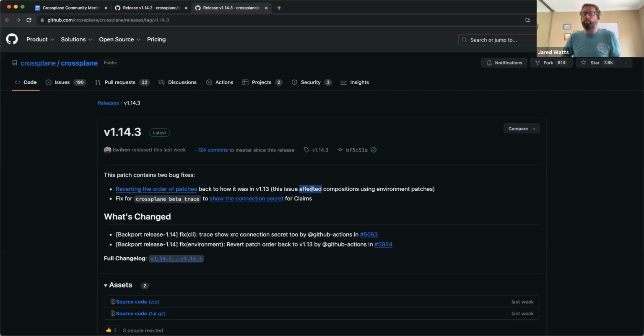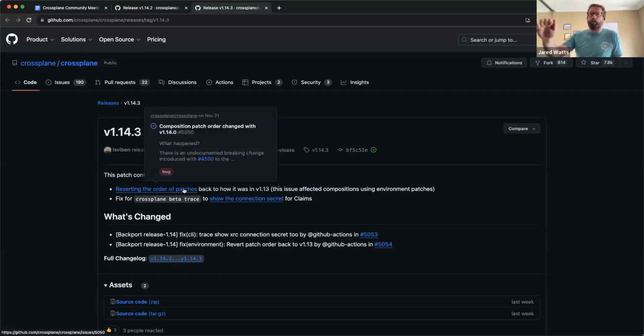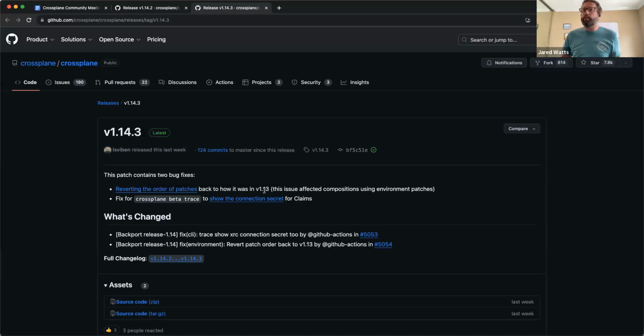In the .3 patch release, there was also a fair bit of refactoring and movement with the move to mature composition functions to beta. There was a regression introduced around the order that patches are applied when you have environment config and other patches as well. That behavior changed unexpectedly in 1.14. It was not intentional, so we released the .3 patch release to get that behavior back to the way it was in 1.13, because it was not intended to be a breaking change.